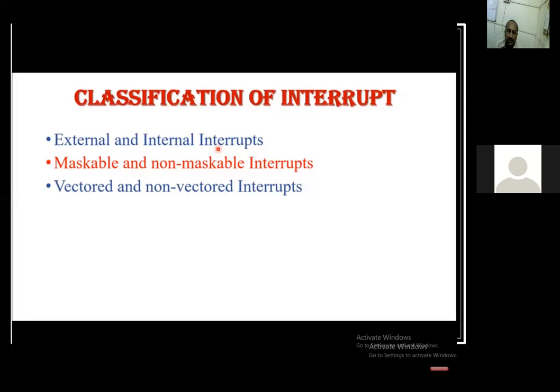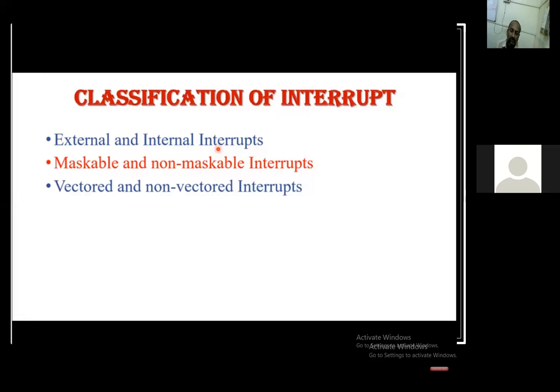In the 8051, there are a total of 5 interrupts. 2 are external, 3 are internal. Plus one master reset is there, that is the 6th interrupt. But normally if it is asked in MCQs, the answer 5 is also correct and the answer 6 is also correct.